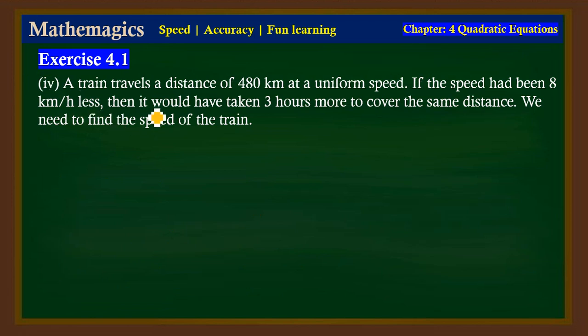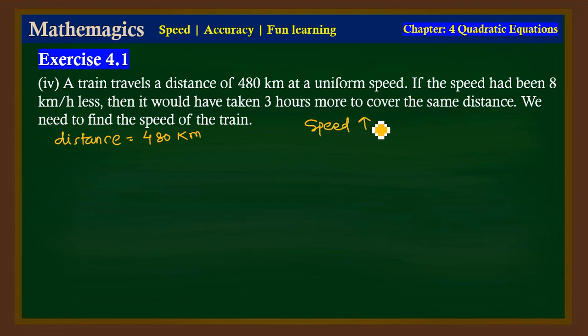A train travels a distance of 480 kilometer at a uniform speed. That is very good. So that's why the distance is equal to 480 kilometer at a uniform speed. If the speed had been 8 kilometer per hour less, then it would have taken 3 hours more to cover the same distance. So obviously we know that if the